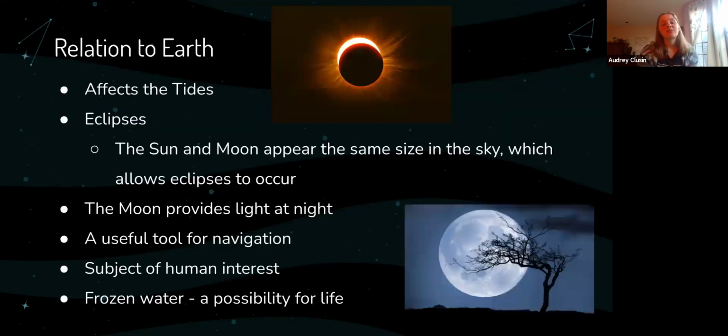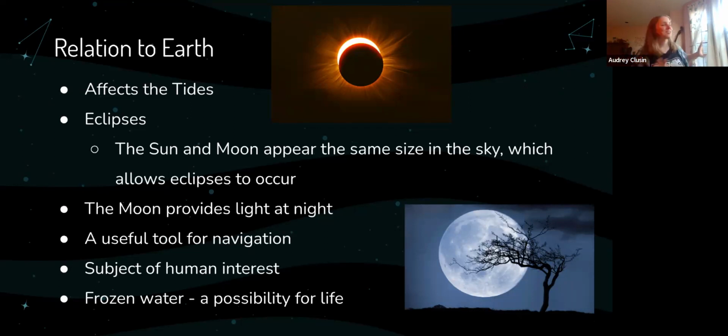Anyways, so as we've all heard, the moon affects the tides on the Earth. Because the Earth is pulling on the moon to keep it rotating around it at all times, but because of the laws of gravity, the moon is also pulling on the Earth a little bit. It's not that strong of a pull.